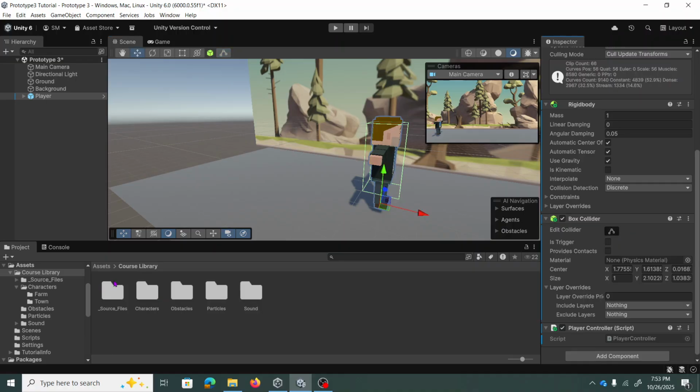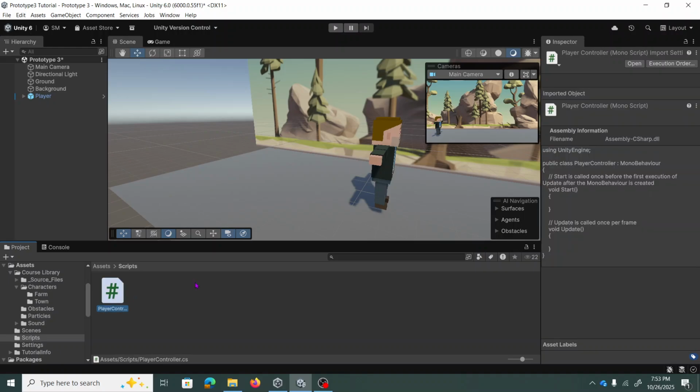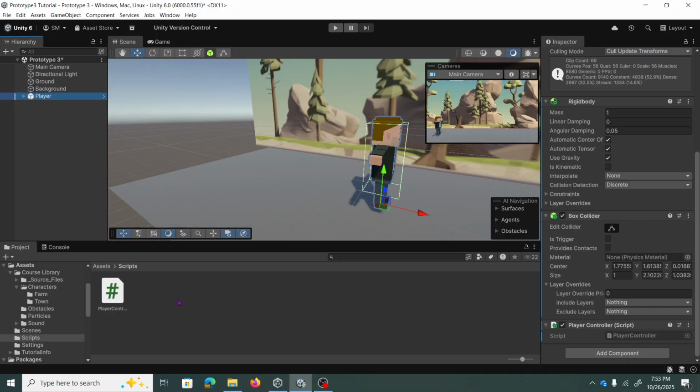The other thing that I've gone ahead and done is I've added a scripts folder, which is right here, and I've created a MonoBehaviour script, which is a player controller, and I've already added it to my player. So I just dragged it onto the player this way, which is how I prefer to do